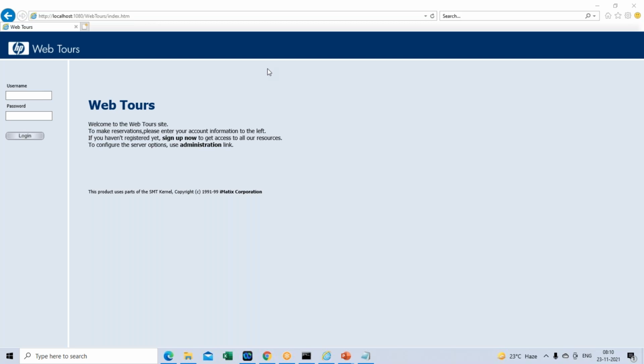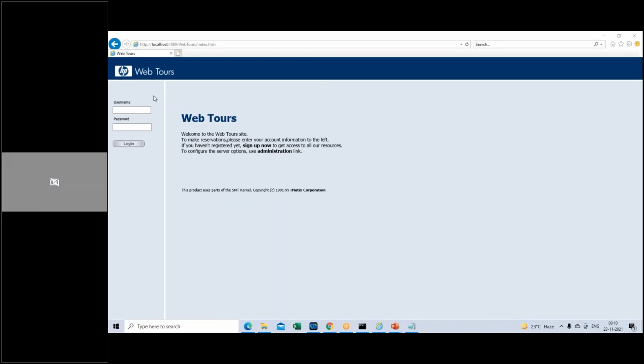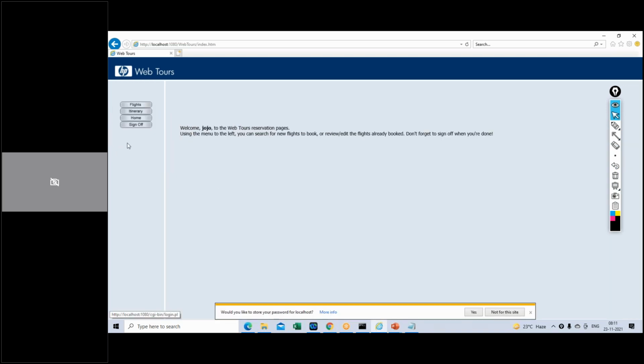For example, if you want to validate whether login is happening correctly for this application, we generally enter our username and password and click on the login button, and then you will be navigated to the home page. So let's say I enter username and password and I click on login button.